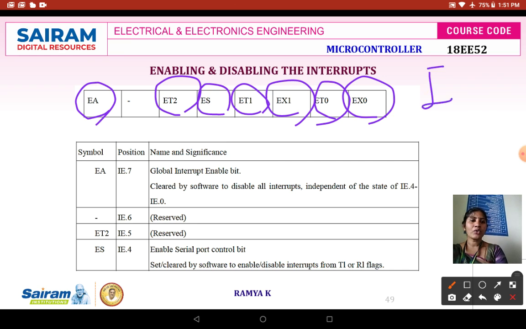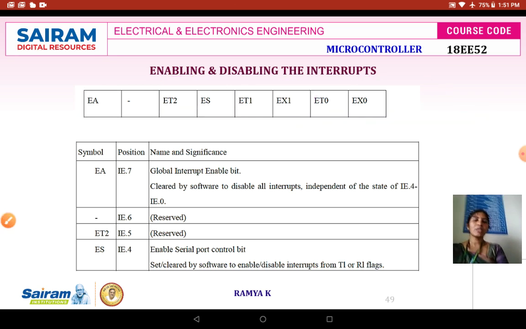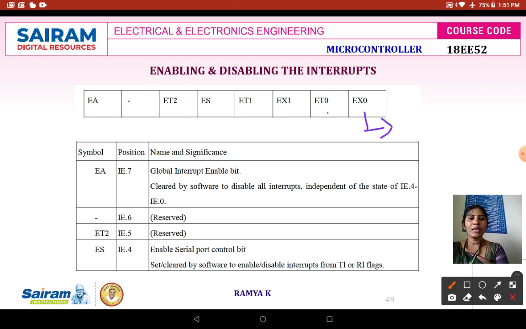Here, E stands for enable, T stands for timer interrupt, S stands for serial port interrupt, and X stands for external interrupt. Looking at this, EX0 is nothing but external interrupt 0 enable bit.